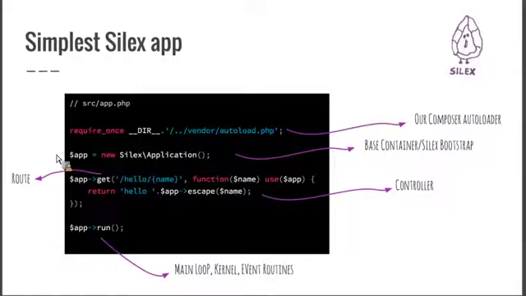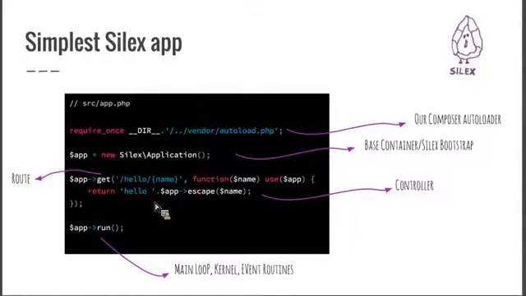And then we say, let's create a new Silex application named app. And then we create a route. And this route, which is built on this application, uses the method get and is bound to this path hello, and this one is dynamic, the name. And it uses this